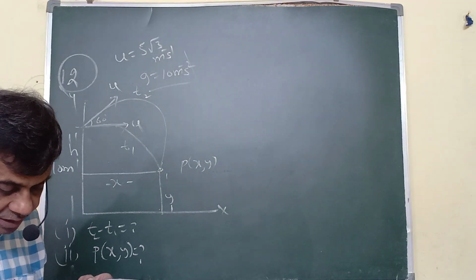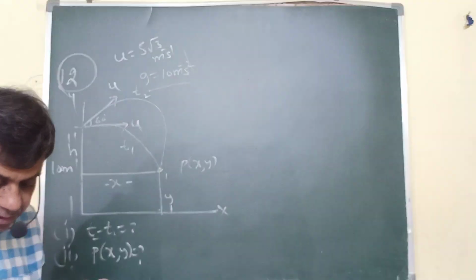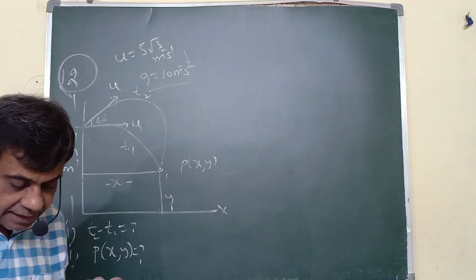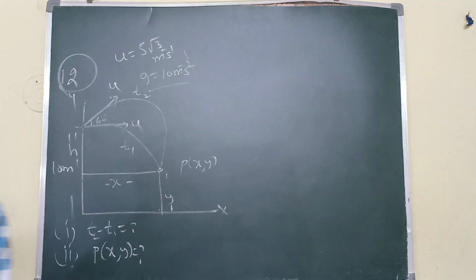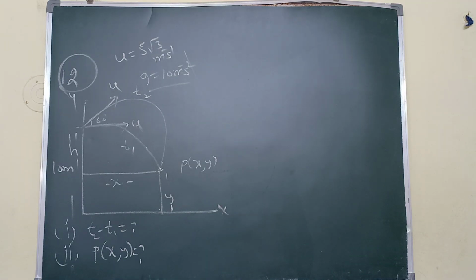Take the origin of the coordinate system at the foot of the hill, right below the muzzle, and the trajectories are in the XY plane. So this is our question. So in this question,